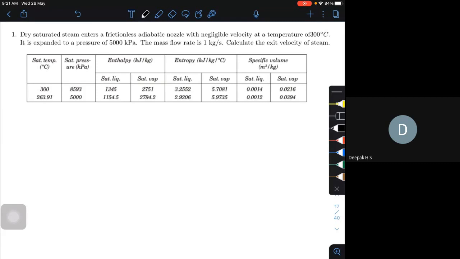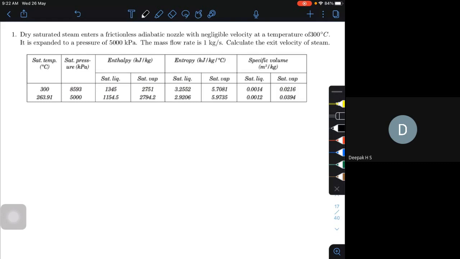So I will go to the saturation temperature steam tables. For 300 degrees Celsius, I will look for the enthalpy values. You can write all the values, or you can write only what is required. Here, in the first column, I have written everything. I have prepared a column and table and given all the values. In some problem statements in the examination, they will give you all the values. You should know how to use them. Either take the values from your steam tables or use the values given in the table.